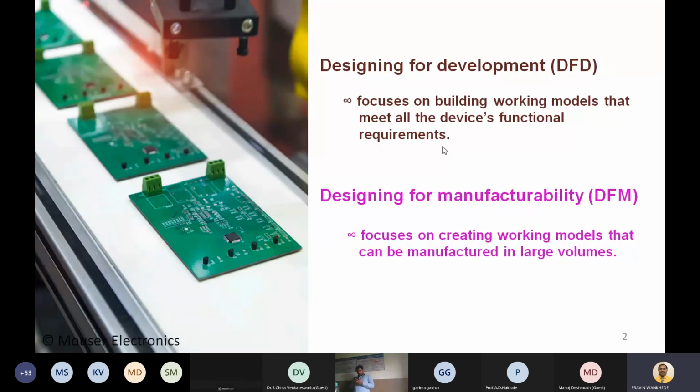And designing for manufacturing involves many different aspects. That is, what our assembly line is, what the components are based on their cost and performance, and what the supply chain is, so that when you start manufacturing, you should have the complete inventory in your company or in your lab. Otherwise, it is going to fail.